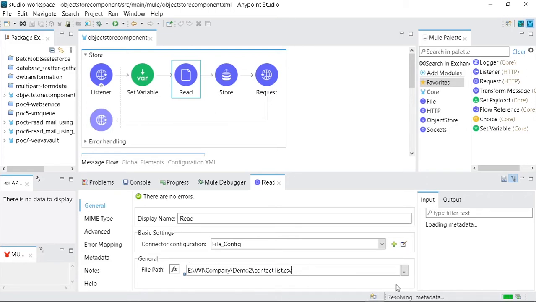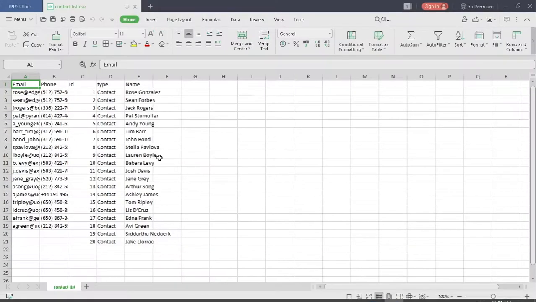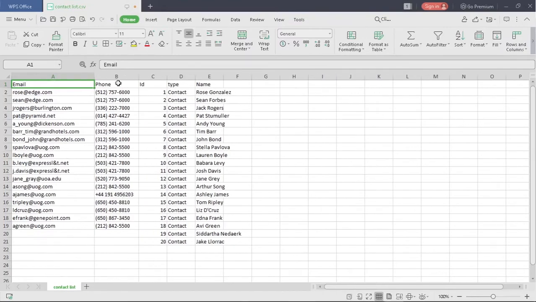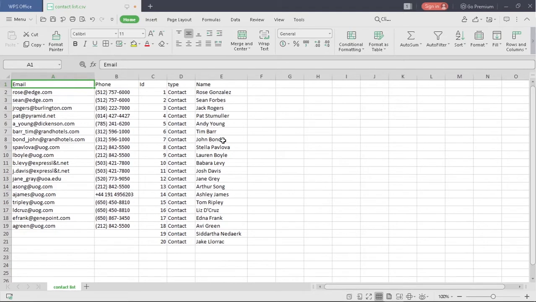I will also show you the content of this file. So these are all the contents of this file. The first column is for email, and the others are for phone, id, type, name. What I'm going to do with this project is provide id as a query parameter, and then it will store with the key name id, and it will save all the other details of this particular id.